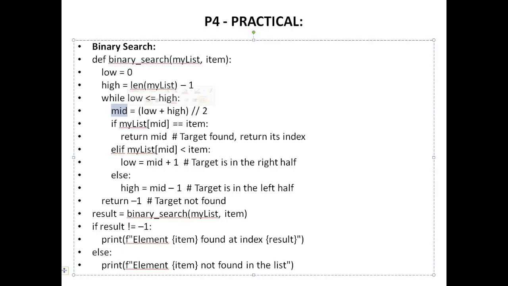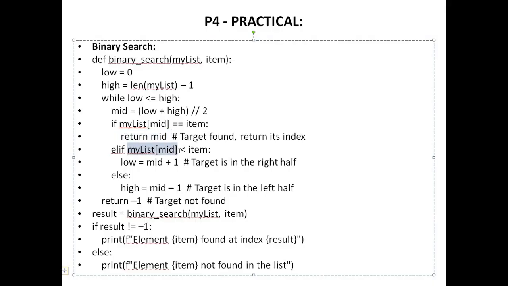First of all, you calculate the mid value by adding low plus high and then dividing by 2. In pseudocode, we usually use the int function. Over here in Python, we already have double division, or double /, so we don't need to separately apply the int function on it. Then, on the middle of the list, whatever is the value in the array, we compare it with our item. If they both are the same, you return mid, the index value.